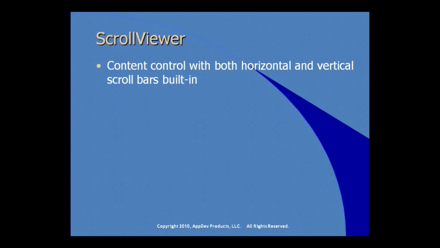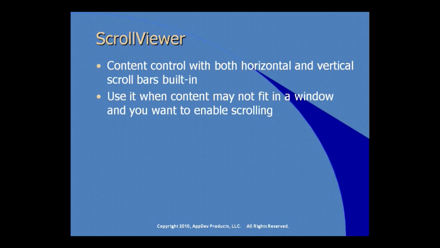The scroll viewer is a content control that has both horizontal and vertical scroll bars built into it. And it's very handy when your content may not fit in a window and you want to enable scrolling. So for example, if you're showing instructions and you have 7 paragraphs that won't all fit in a window, or you're showing images, you have 12 images you want to show, they're not all going to fit in a window. You can put the content, the text, the images inside a scroll viewer, then you have built in the ability